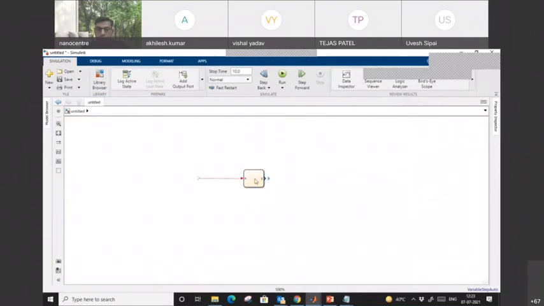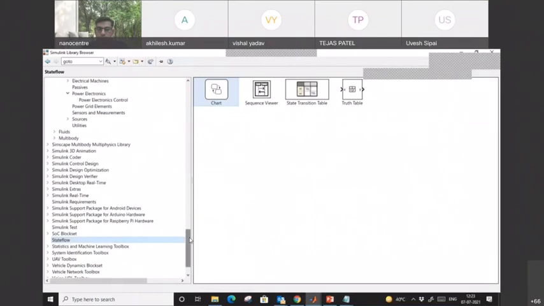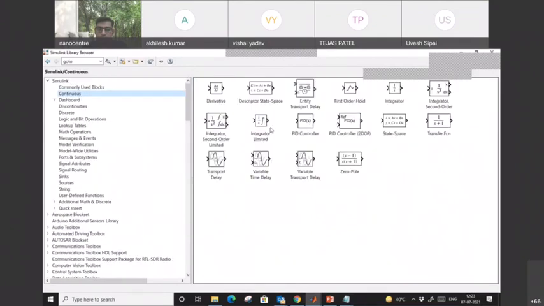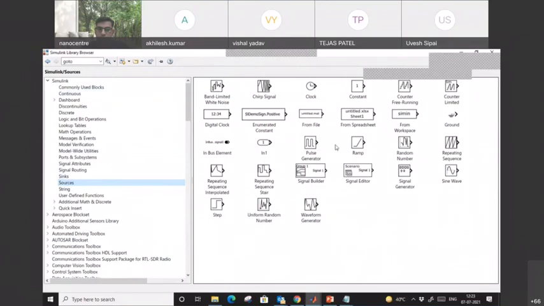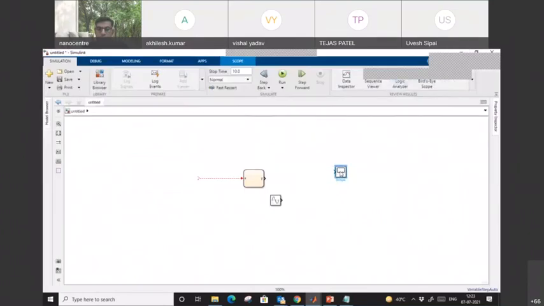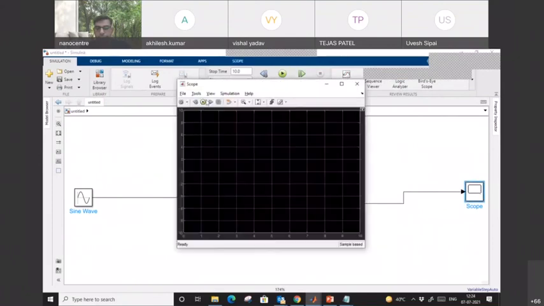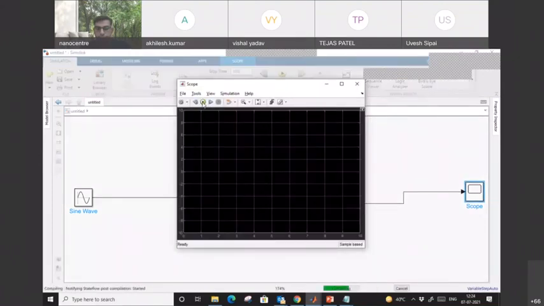If I go here, you see that we got one input port and one output port. So simply I will go into the library, and from here I will add one sine wave from the source. To visualize the output, I am going to use one scope. Perfect. So see, instead of using an electronic circuit, we use this control logic, this Stateflow, to design this half wave rectifier, right? I am going to run this for 10 seconds and it will give me the output.